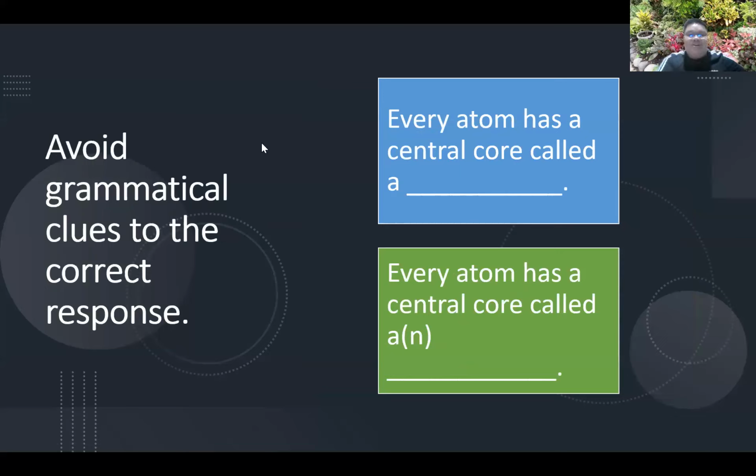Avoid grammatical clues to the correct response. Okay? And class, that grammatical clue could be found here. Allow me to square it. So class, nakikita po natin dito na yung grammatical clue is nagsasabi siyang a. Okay? So pag sinabi niyang a, that would give a hint. Is it a nucleus? Hindi ito atom,